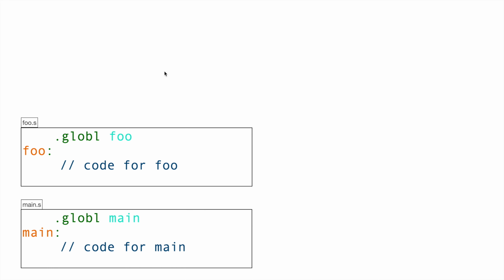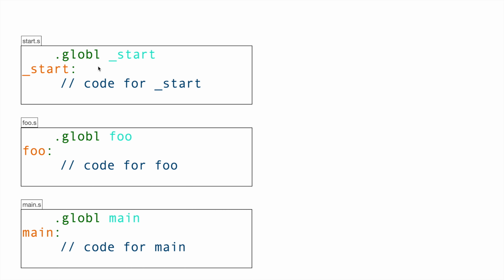And the linker needs to know that this code for initializing the stack and so on needs to be called first when this executable gets actually executed. And by convention, you indicate that by using this symbol _start, which has to be global. The linker knows that the first instruction following this symbol is the first instruction that should be executed when this program gets executed. So I will show you how I split this assembly code into these three parts, and then